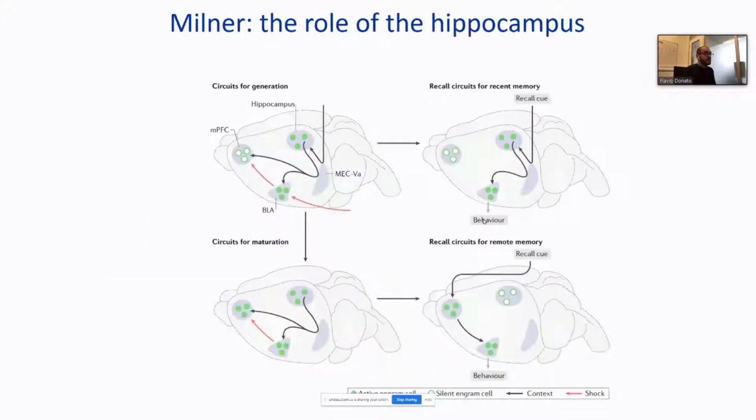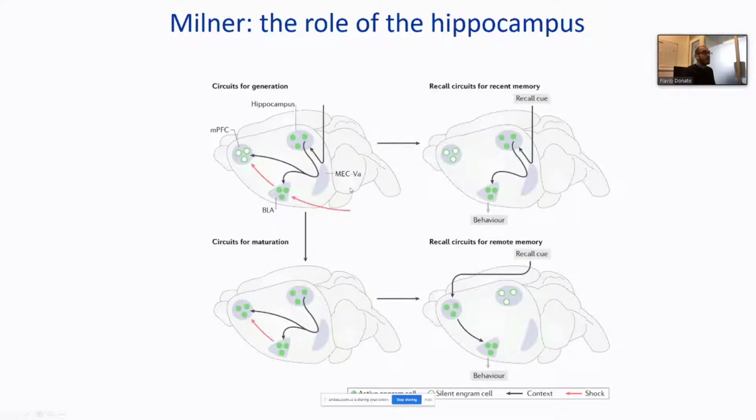Because one particular study of this showed that during acquisition, you create a memory trace in multiple areas of the brain involved in the phenomenon of remembering the fear conditioning experiments. You activate or create memory traces in the hippocampus, in the medial entorhinal cortex, in the lateral amygdala, and in basolateral amygdala, and in the medial prefrontal cortex.